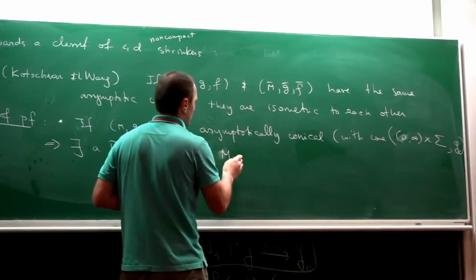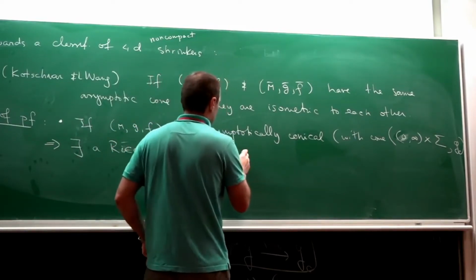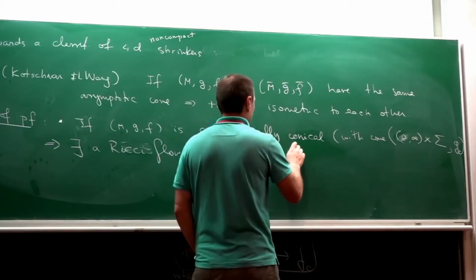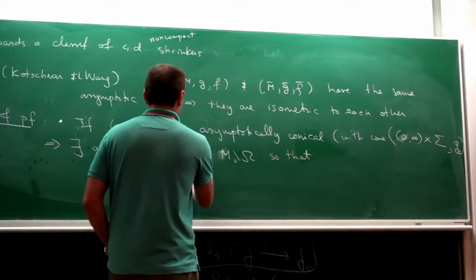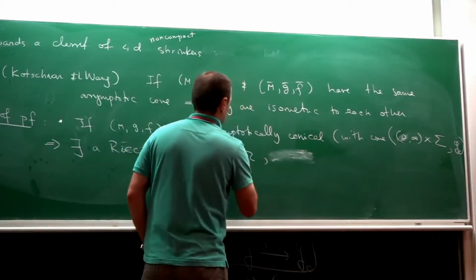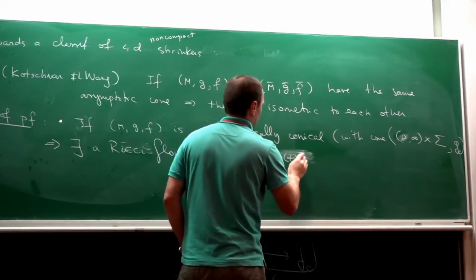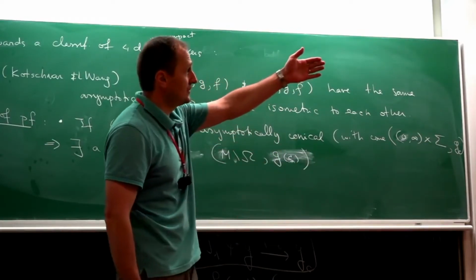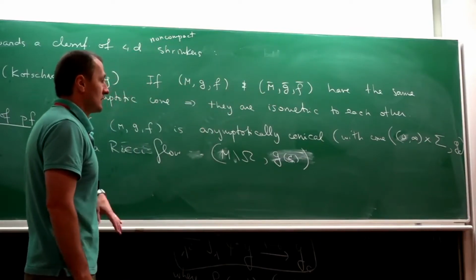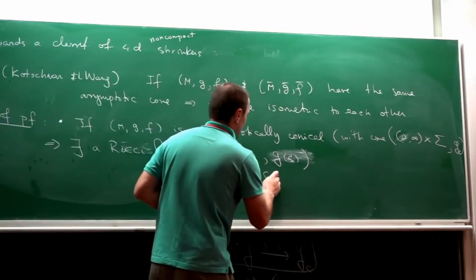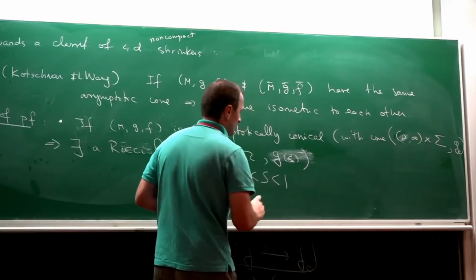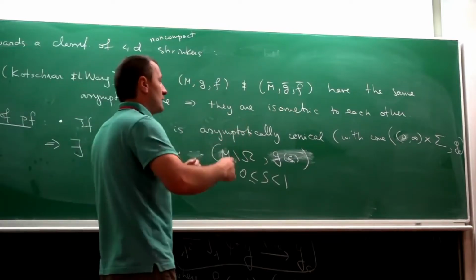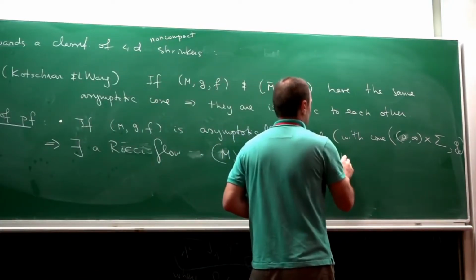I'm not interested in that, but just outside a compact set. I'm not going to call the time parameter t. I'm going to call it s, because t is already used there in a different way. So let's call it s. So there exists a Ricci flow outside the compact set, so that